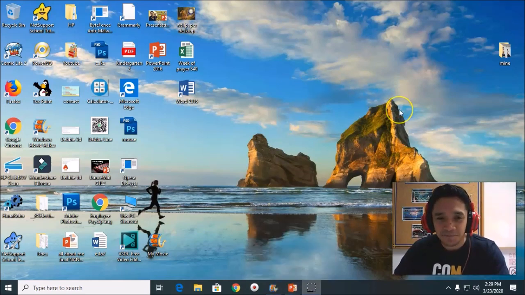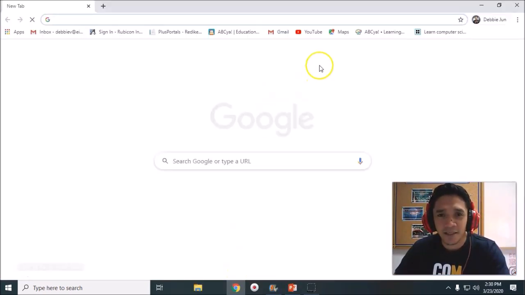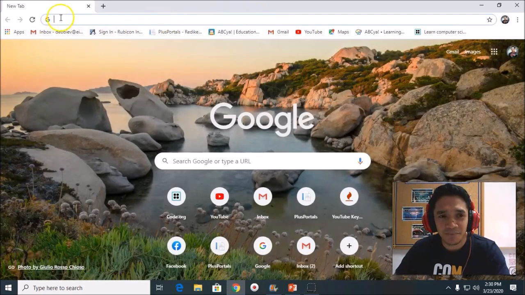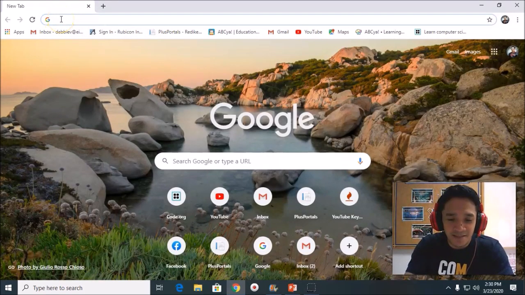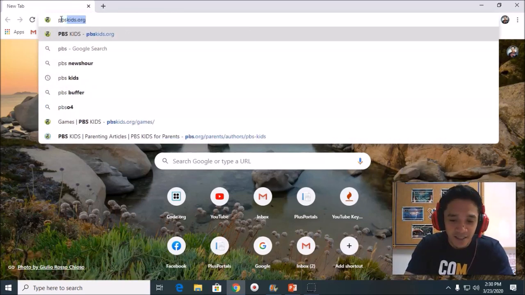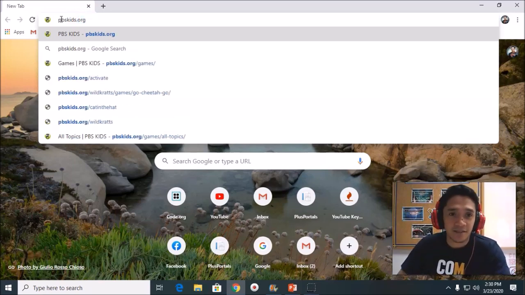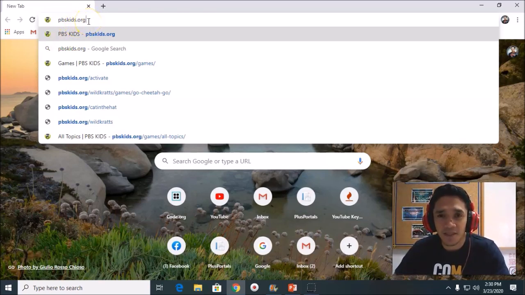So let's try. In our browser, click your internet browser, the Google Chrome, and then you will type here PBS Kids.org. Okay, pbskids.org. So what is this program? It's quite similar to ABCYA. This is an edutainment games. So when you click,